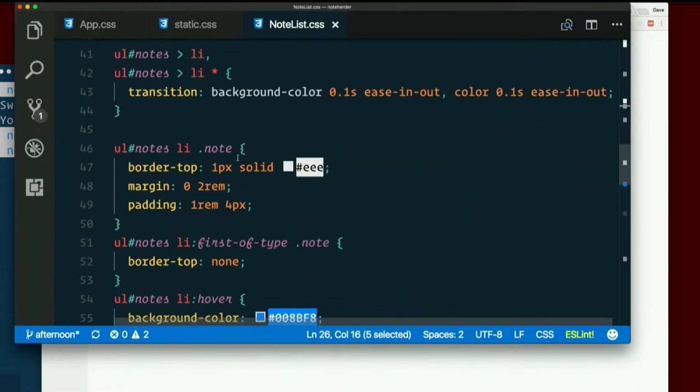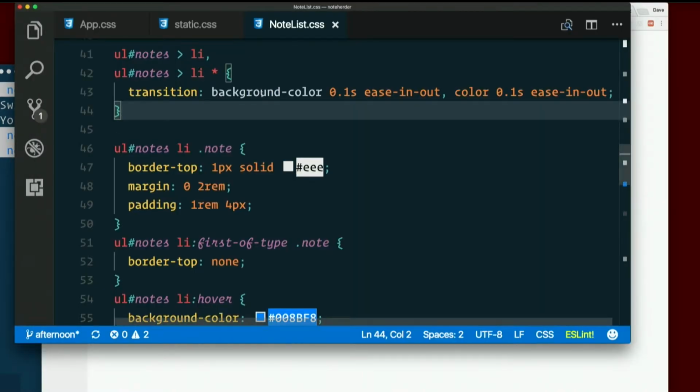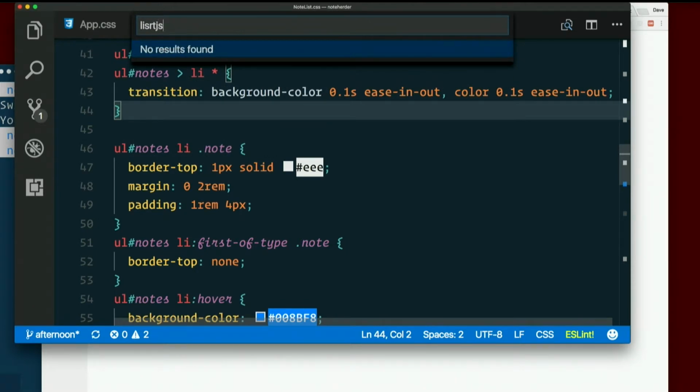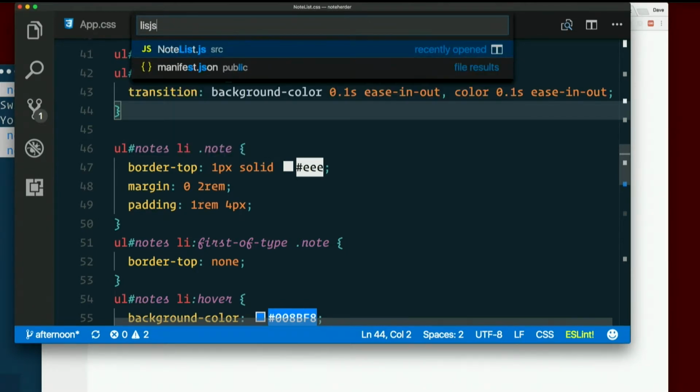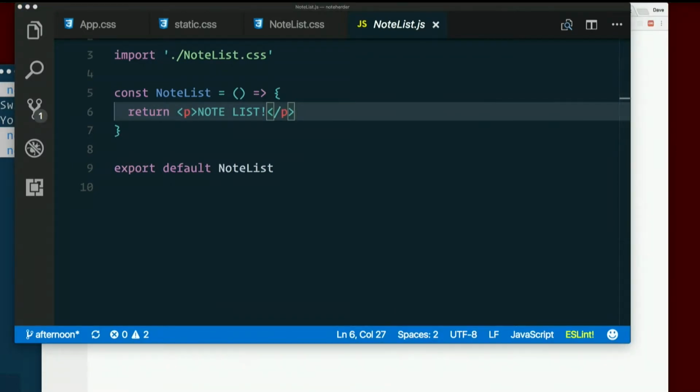Okay, blah, blah, blah. We got some more transition stuff happening here. We'll see in a second. So why is that not? What's going on in NoteList component? We still just have this one paragraph. So if we go to static HTML,